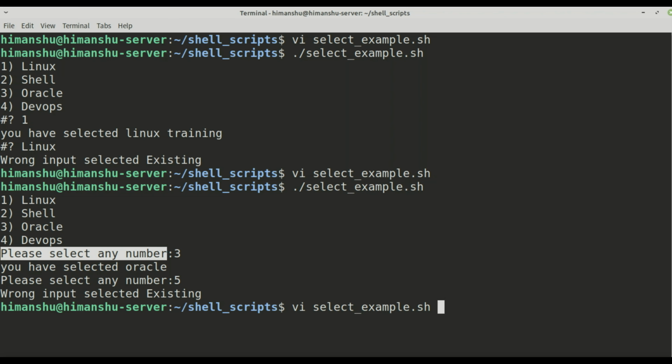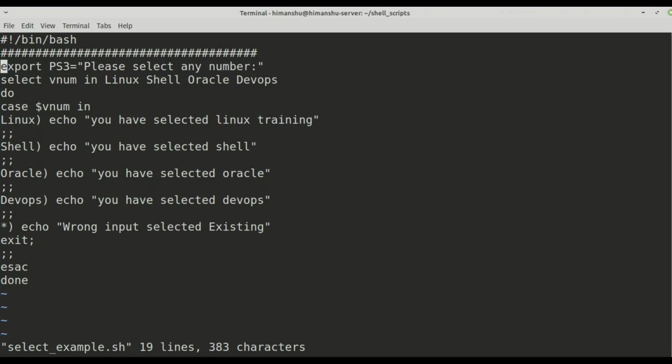Same thing, I will just explain the last part a little bit, that if I want to add one more, let's say I will add apps here. As soon as I add it, the select loop will automatically increase the numbering. I just have to add my case here.